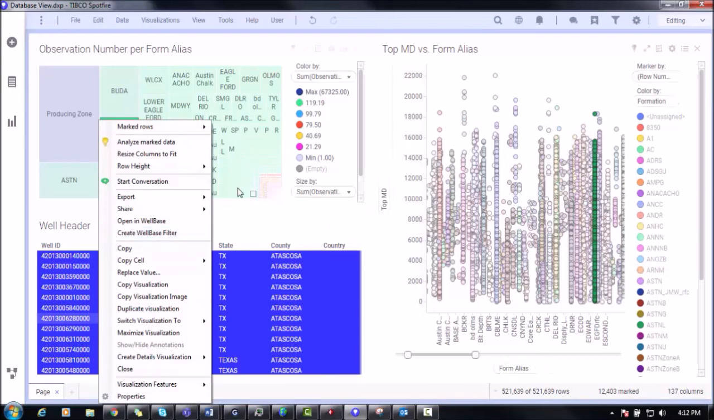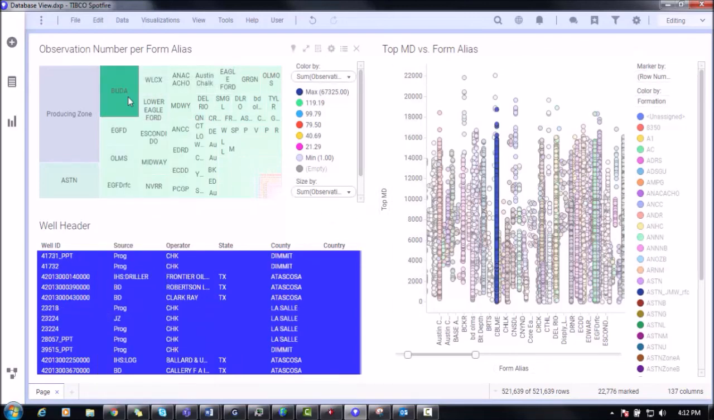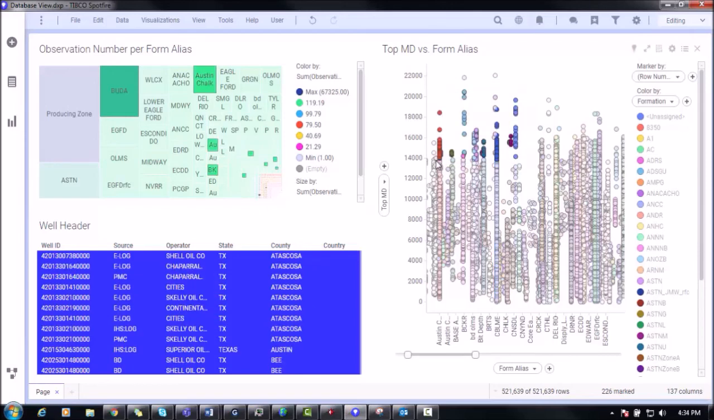Also, we can see that once the area of a particular formation is highlighted in the tree map, the corresponding spots on the scatter plot are also highlighted. Likewise, when I select the wells in the scatter plot, the corresponding area in the tree map is also highlighted. So here I have selected a few markers in the scatter plot, and the areas of formations to which those markers belong are highlighted in the tree map. Buddha formation is highlighted, Austin Chalk formation is also highlighted,